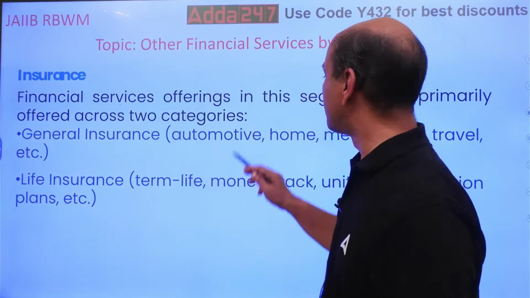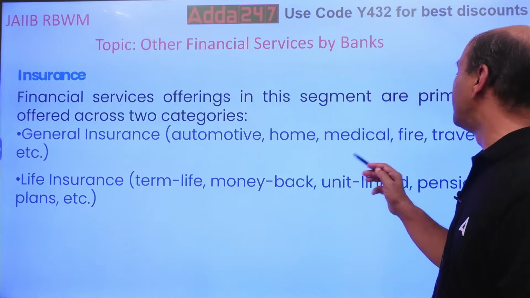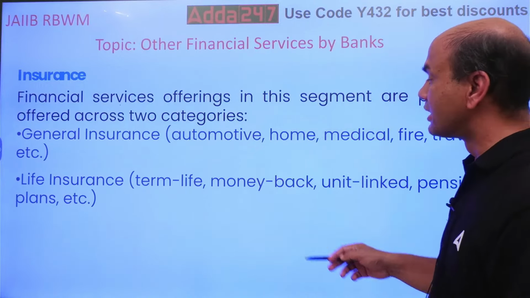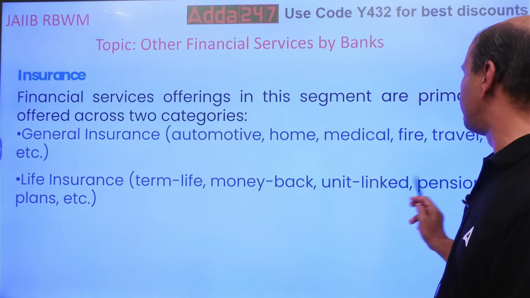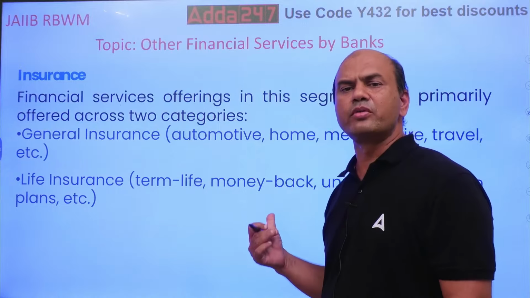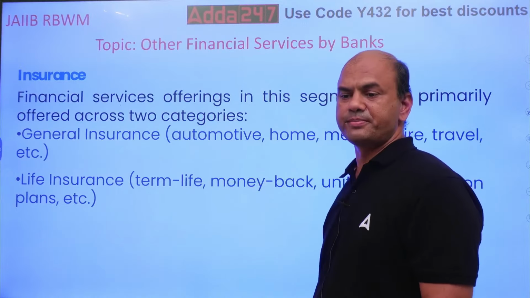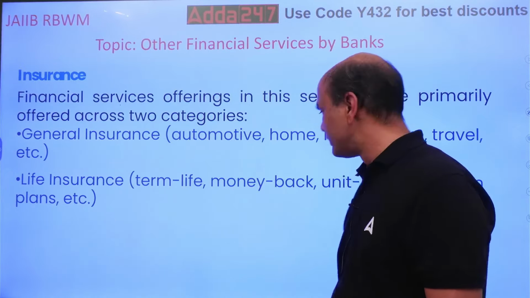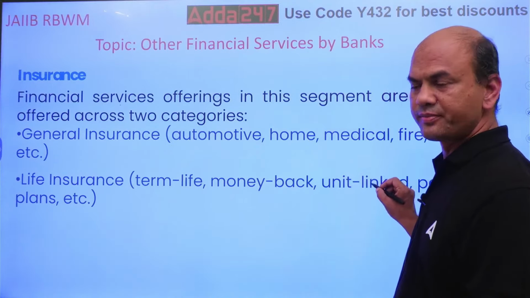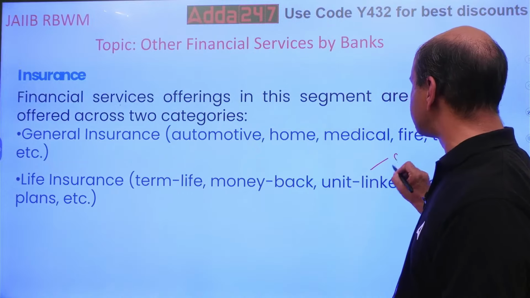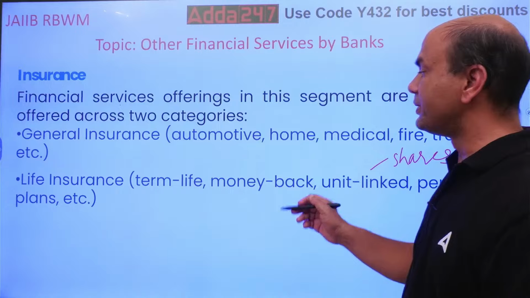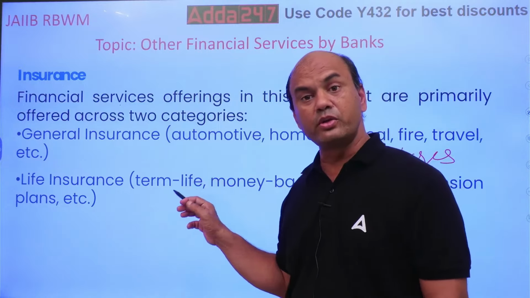General insurance: automotive, home, medical, fire, travel, everything is general. And life means term life, money back, unit linked, pension. These are the various life insurance products. We'll be studying more when we come to these topics. Unit link is a combination of mutual fund and insurance. Here the amount is invested in the share market, stock market, shares. Term life means term. Whatever you pay, you don't